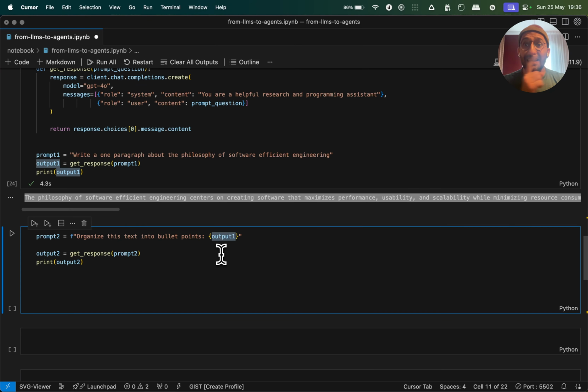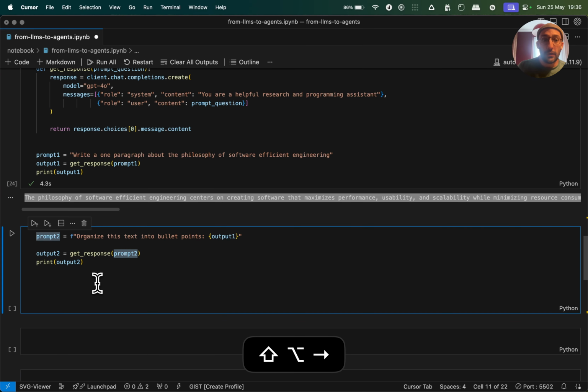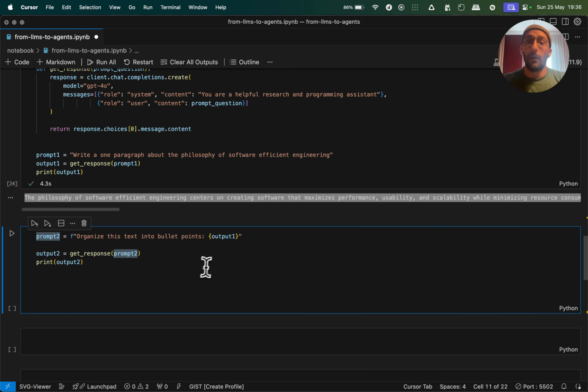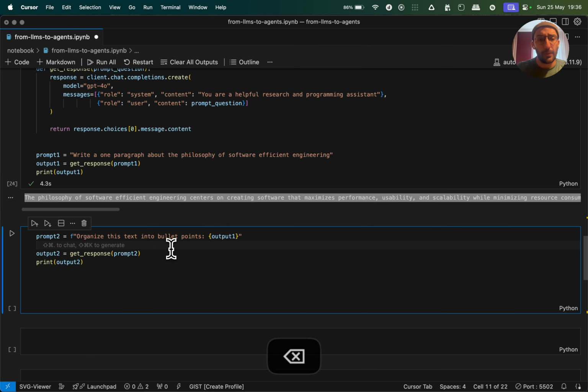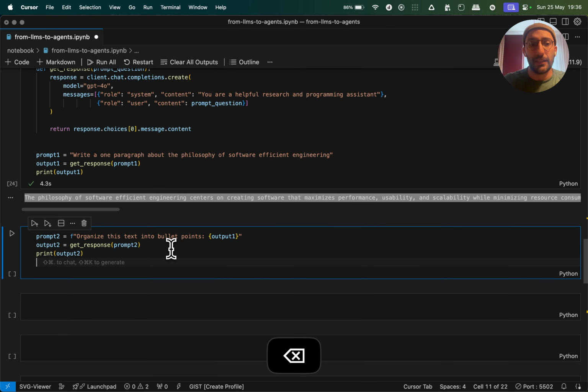So we're chaining together because the output of one call goes as input to the other call. And we could do this in many different ways. I mean, here I'm writing a new prompt that processes the output of the other one. But we could just have this in the system message and then just have the model process it. There's a bunch of ways to do it. The point is we're chaining together prompts.